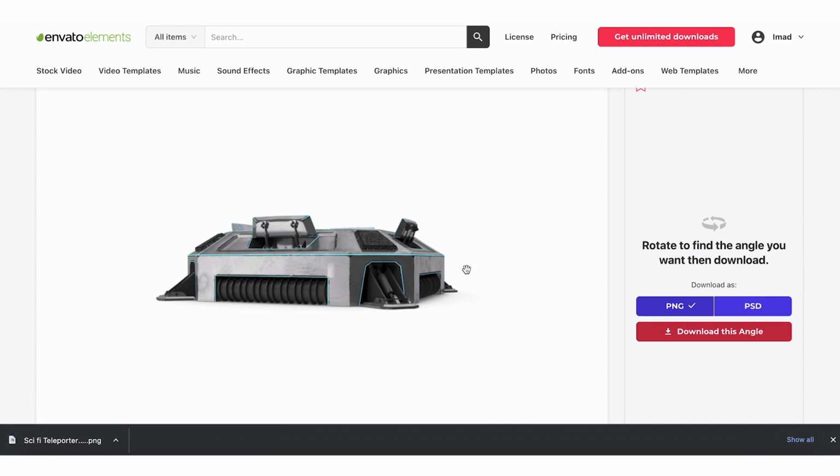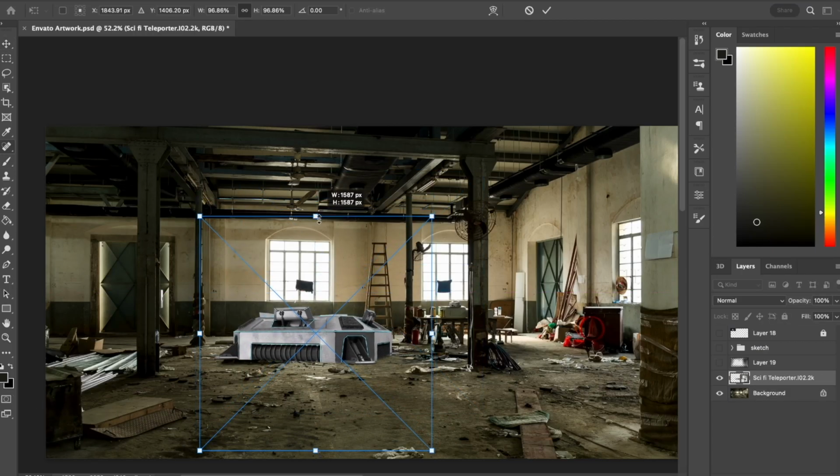This saves you a ton of time because now you don't have to make selections and cut out objects from